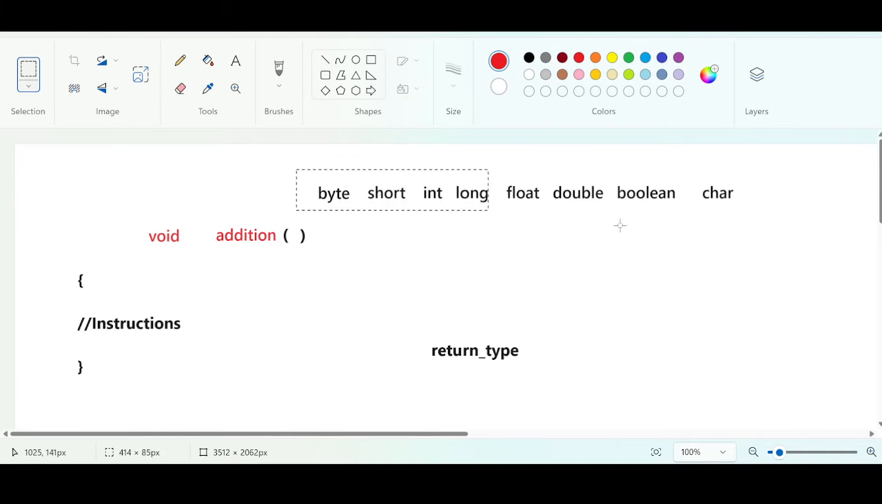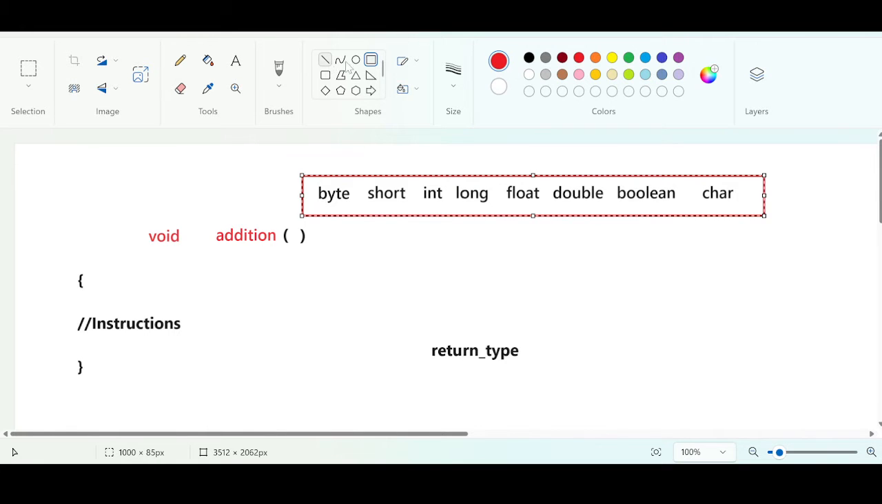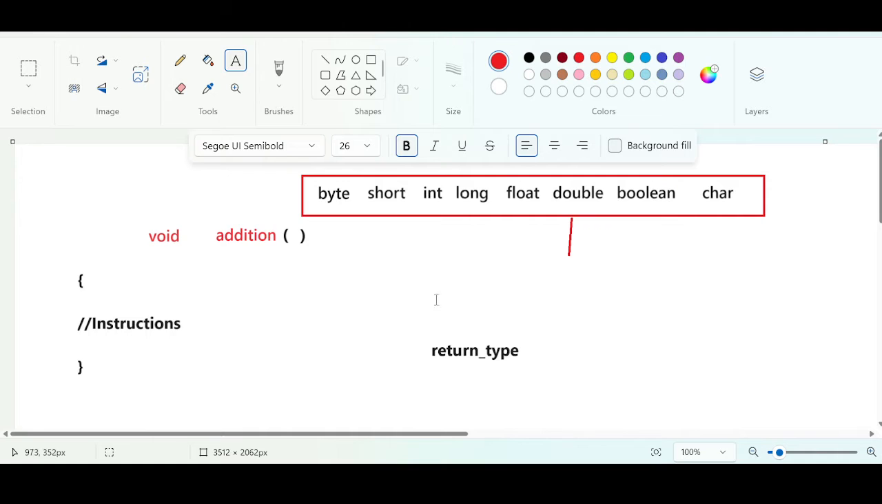Okay. When you use any one of these data types, it is mandatory to use what? Return keyword. When you use any one of these data types, it is mandatory to use what? Return keyword. I can say like,